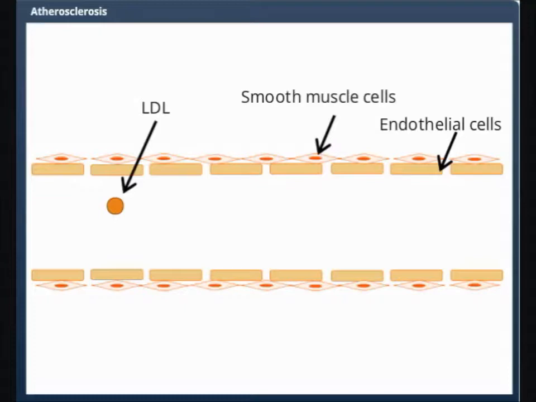Here I'm showing a schematic that illustrates the basic structure of the intima, or the inner part of the coronary artery. The innermost layer of this artery is made up of endothelial cells, and this endothelial barrier tends to be semi-porous in the sense that it's permeable to certain lipoproteins and phagocytic cells such as macrophages. Now, under normal circumstances, the lumen of the artery is large enough to allow all cells to go through. As you can see here, red blood cells and LDL lipoproteins are in circulation and are constantly flowing through this